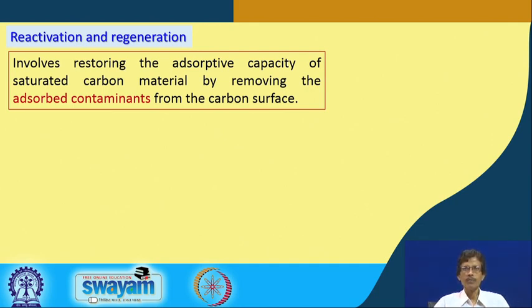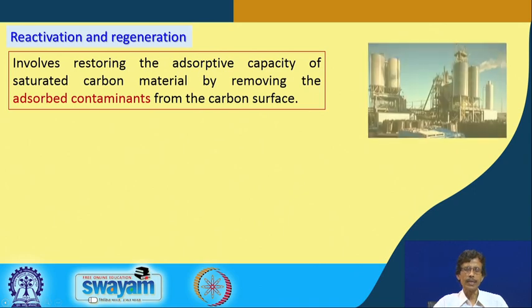That means, if we are handling that particular activated carbon for methylene blue adsorption, methylene blue molecules are still sitting on that activated carbon. So, we have to remove those methylene blue molecules from that carbon surface. If we can have some non-destructive process of removal of that methylene blue, we can take out that methylene blue from the adsorbed blocks of those activated carbon, such that we can use those methylene blue molecules for some useful purposes. So, that will give you how we reactivate or regenerate that particular material.